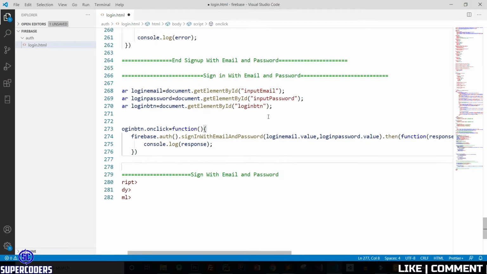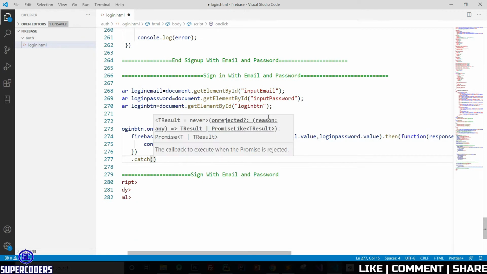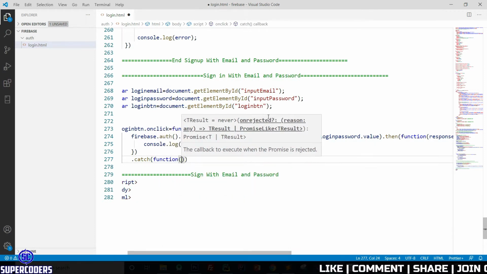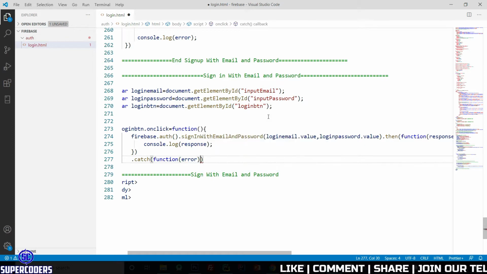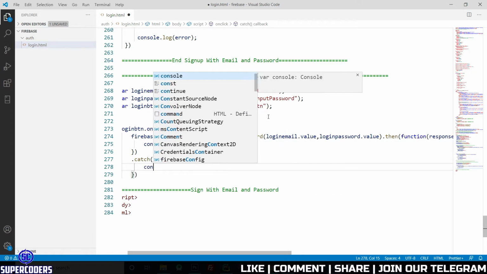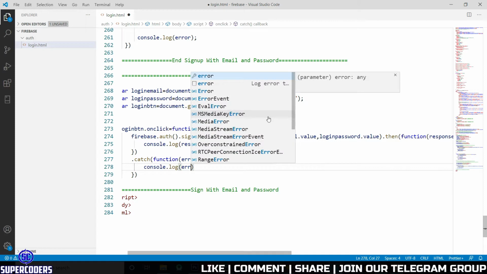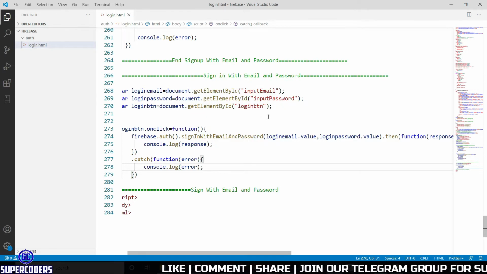After that, dot catch function error, console dot log error. Save it.